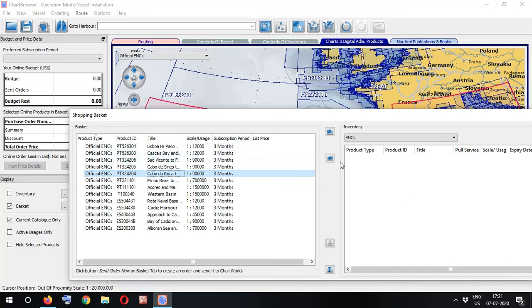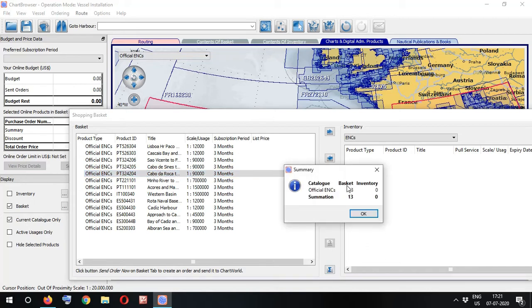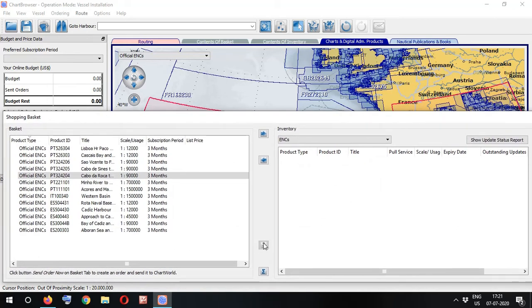So then you can know that you have mistakenly selected a chart which is already in your inventory. This is just the show summary to show how many charts are in your basket and how many in your inventory. Now we do not have any charts because in the evening we'll receive them. So this is how you can compare inventory and basket from this button.